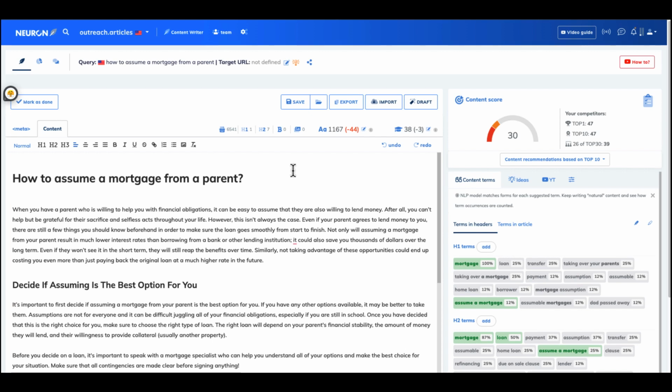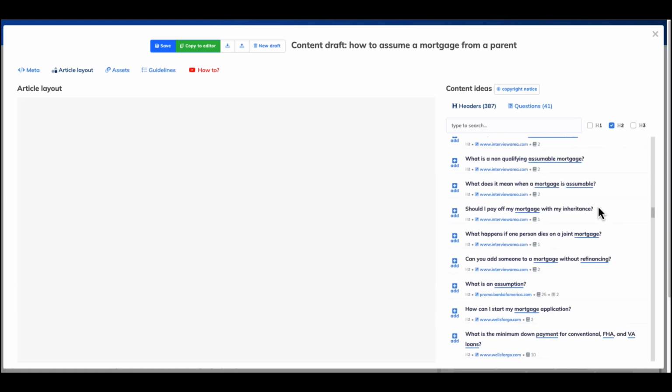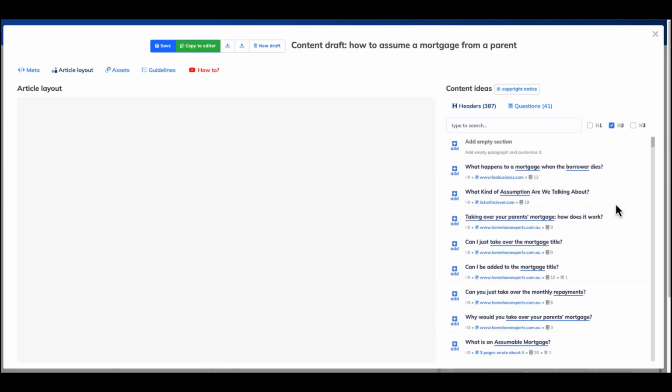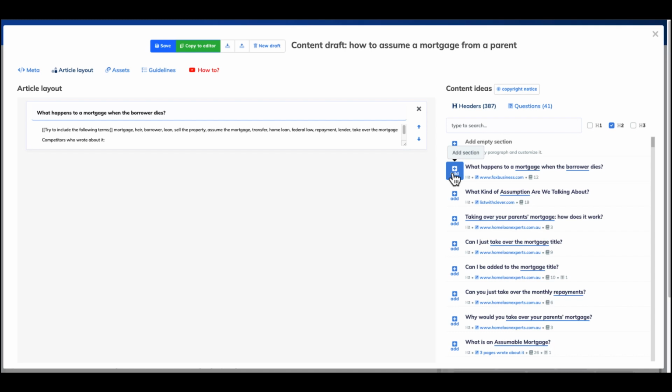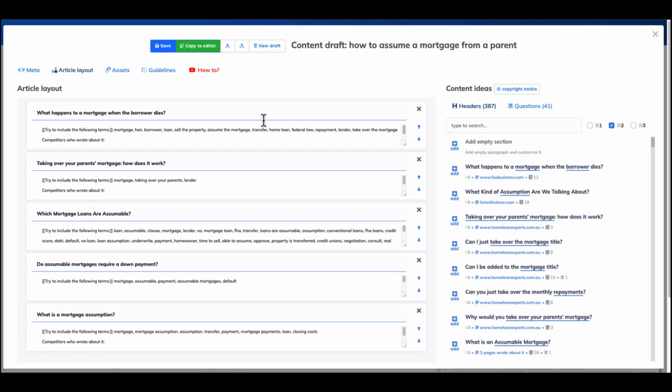Now, say with Neuron Writer, we don't want to just copy and paste from another tool or optimize an article that we have already. We're going to start from scratch. Now we can go over here to draft. Click this, and draft mode will let us get ideas of where to start and how to create an outline for our article. We can add these and see where they're coming from. Basically use this for inspiration. How does it work? Add a whole bunch of these H2s, copy to editor, or make a new draft.